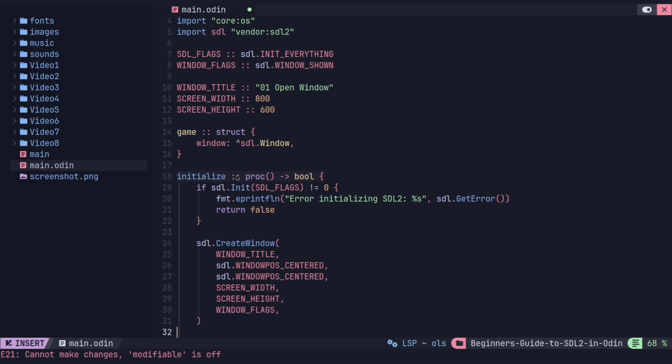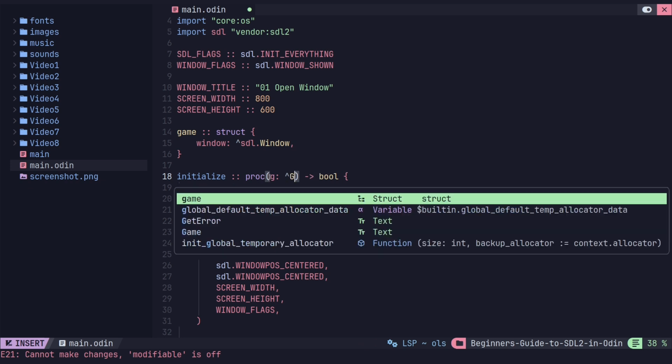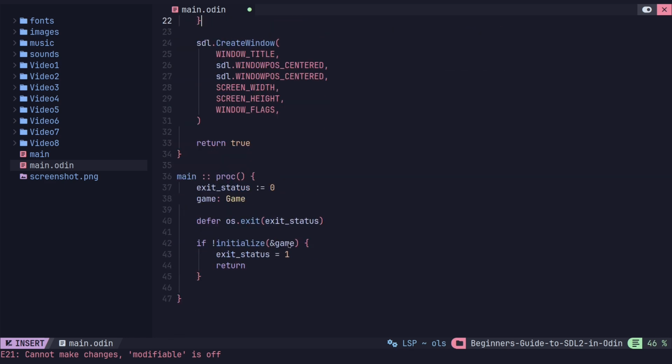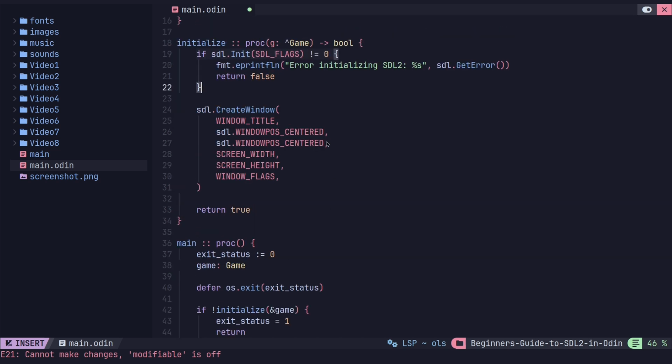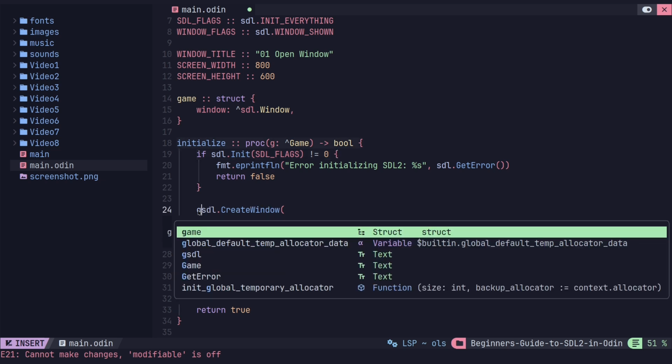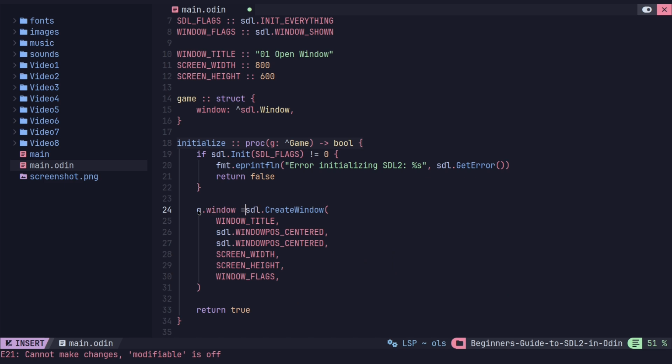And so the way I pass it in up here is I'm just going to call it G internally here. So I'm going to say G, and I'm going to say it's a pointer to a game. So this is going to be a pointer to a game struct, and it's just going to call G, and I've passed it in down here as the address of this. So this is just the actual game struct, and I'm passing in the address of it. Here I'm looking for a pointer, that's the address of it, and I'm just calling it G. So now here I can say G window equals,